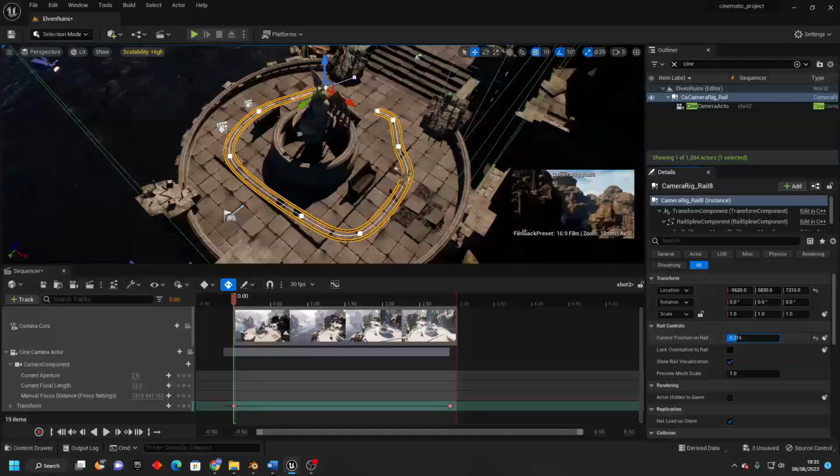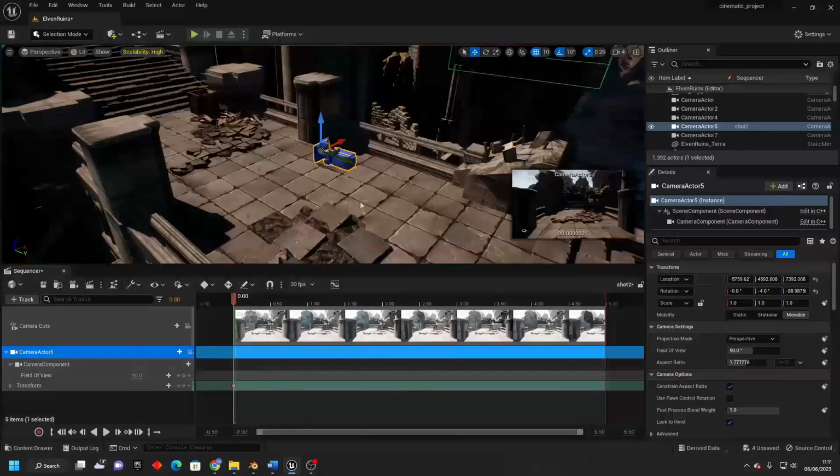Hello, in this video you're going to learn how to create and edit cinematics using the sequencer tool in Unreal